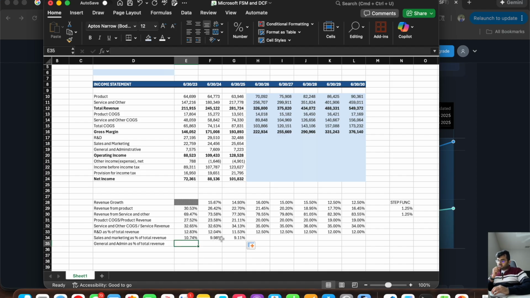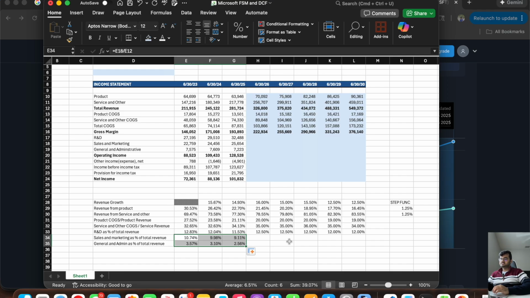It's 10.74, 9.98, and 9.11. It is coming in downhill, and I'm estimating, maybe before this I'll also come and calculate this number, general and administrative. Okay, if you see these two numbers, which is sales and marketing and general and administrative, these numbers are in downhill. And in my opinion, this number will still get lower,